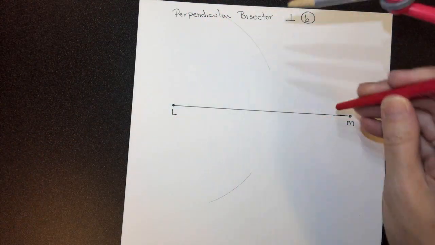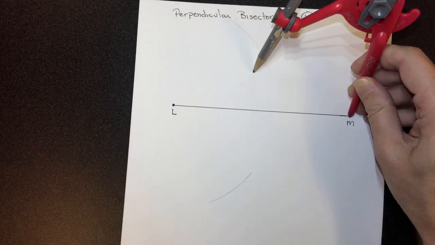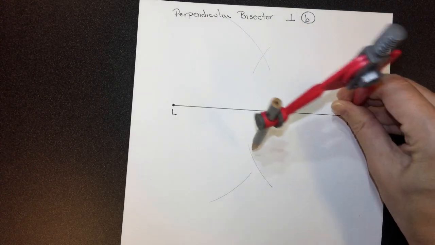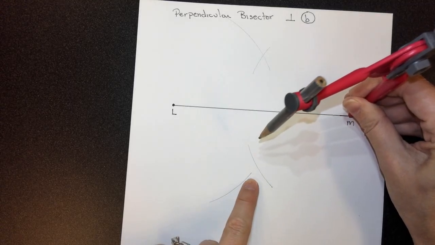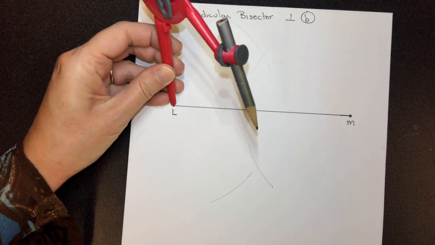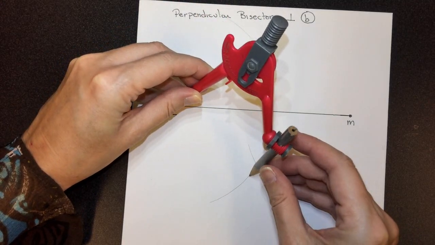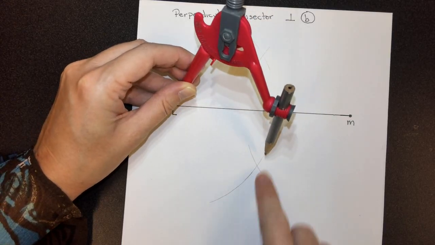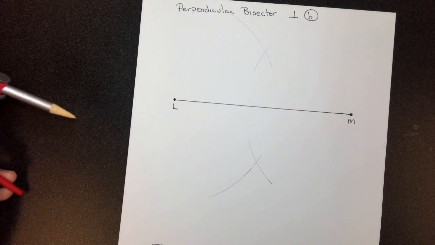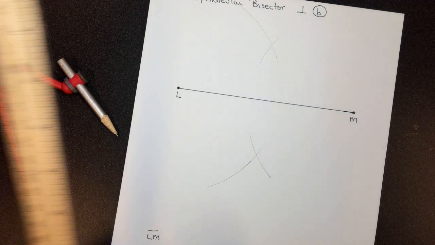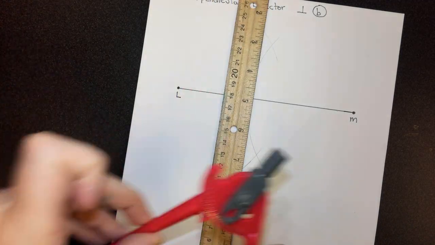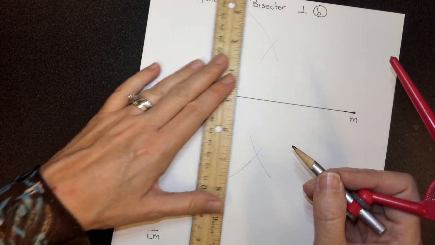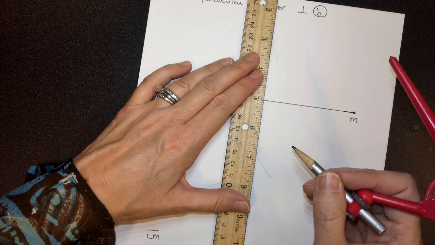I pick it up, I switch hands, and I'm going to do it again. I'm going to make a little cross, and I'm going to make a little cross down here. Now, I ended up not making my arc big enough. So I should be okay if I just come back through and it matched up fine. Try to make them right the first time, so I'm sorry I messed it up. Now, I'm going to take my straight edge and I'm going to connect the crosses, cross and cross. So take your straight edge,